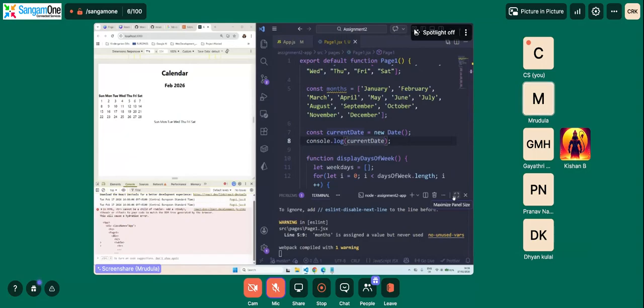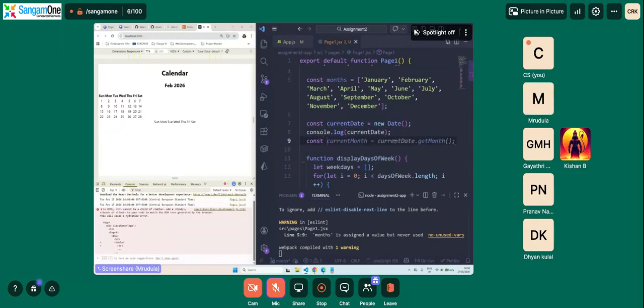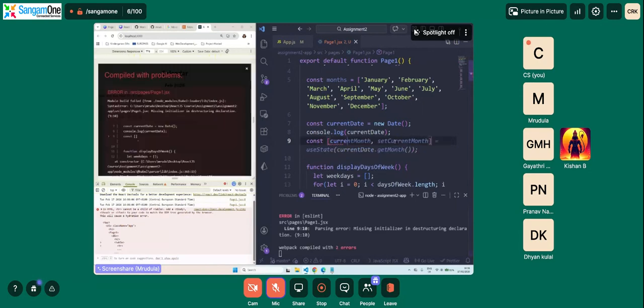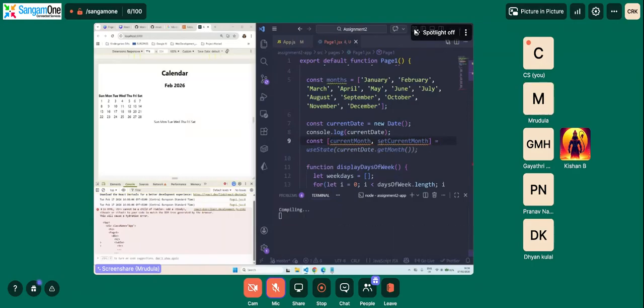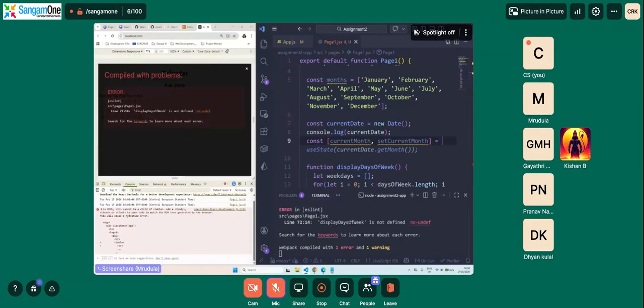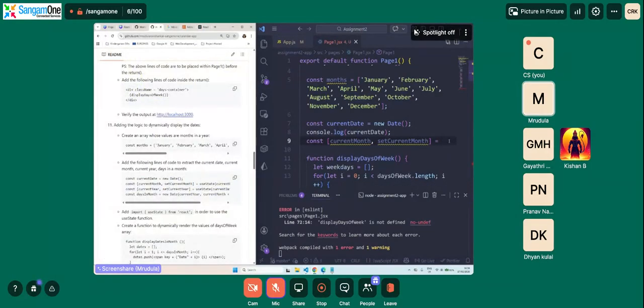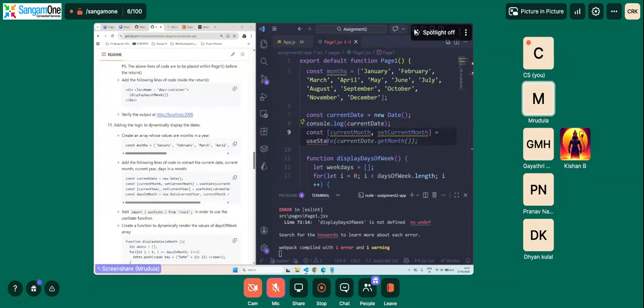That's it. Let's go here, and from this current date, we will extract the month, which is February, and we will extract the year. For that we will say const current month, comma set current month is equal to, so we will be using useState.